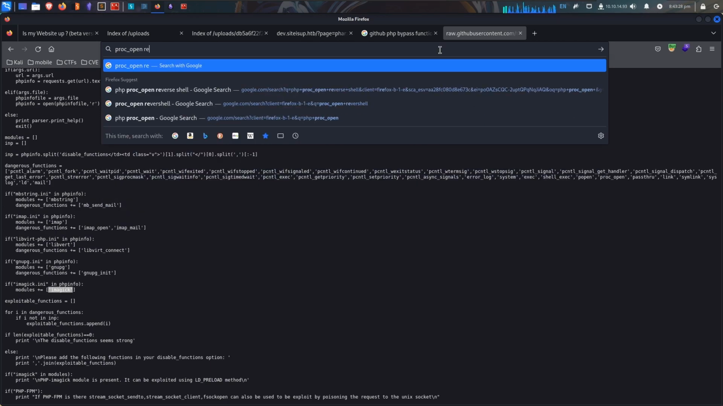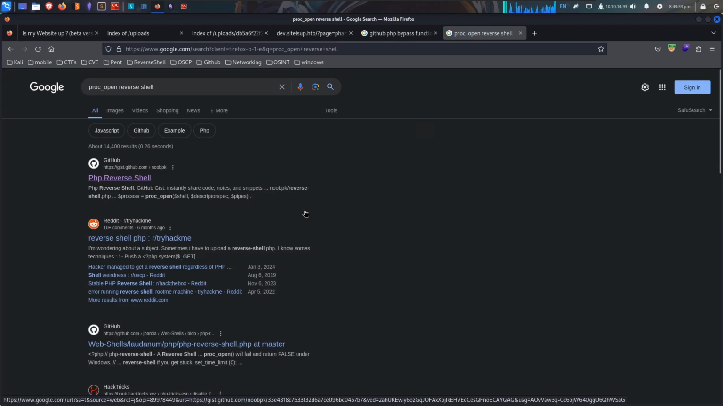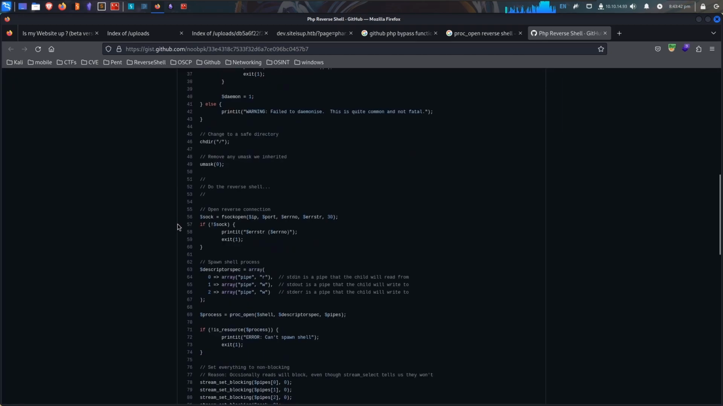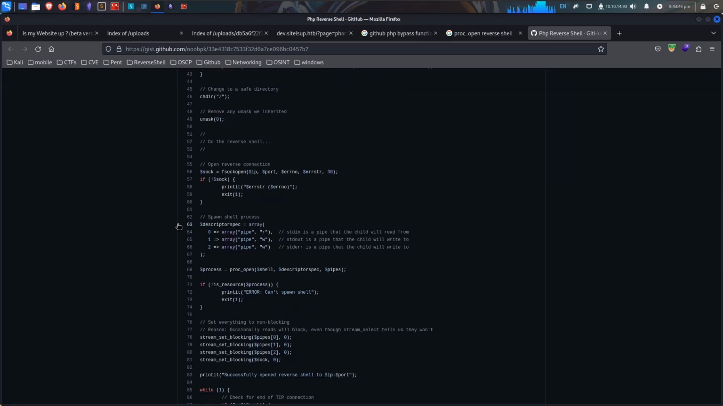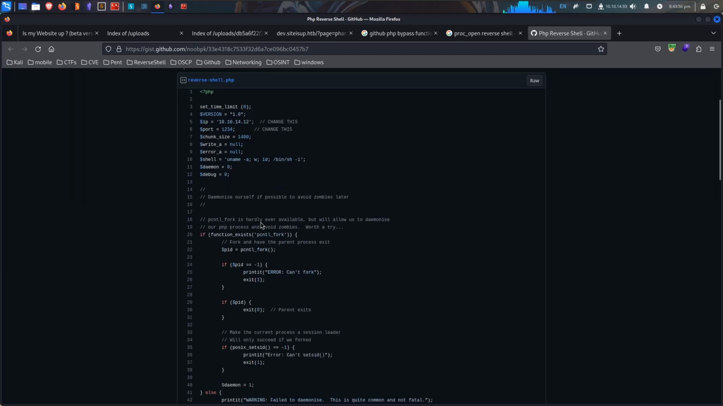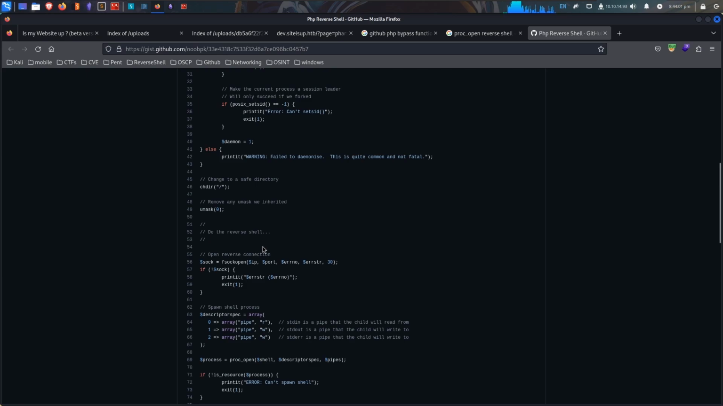Proc open reverse shell. You can see that I've Googled that before. And keep in mind, we still have the size constraints. Scrolling down, we see this section here, talking about spawning a shell. I haven't set all of this up, and I'm not even sure if the entire file will work. Anyway,